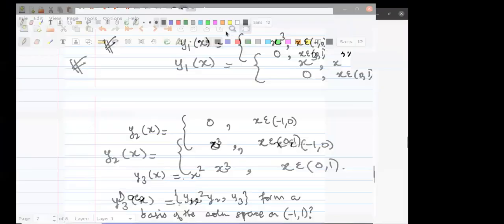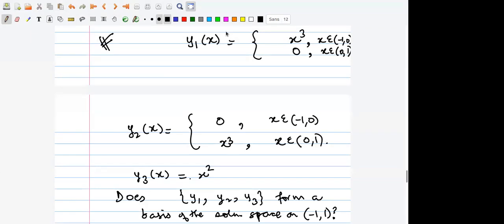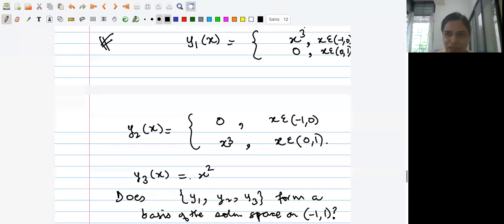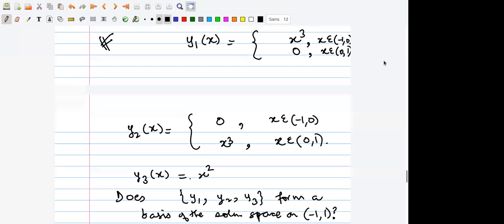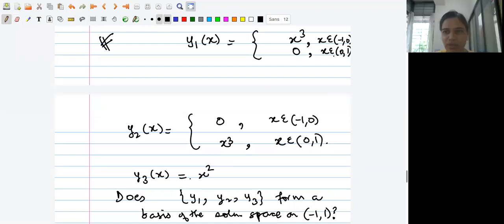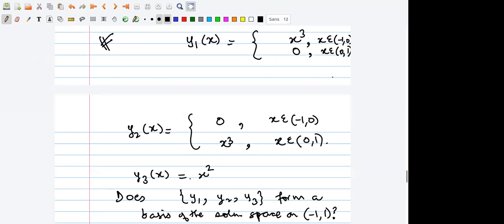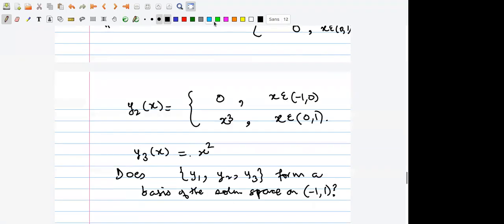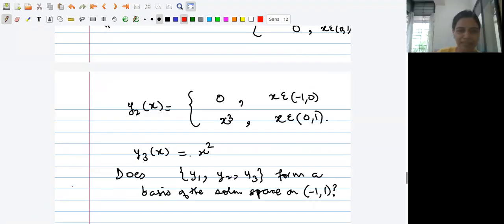Somebody wants to ask: I have a doubt, why is it okay that the y1 and y2 are not defined at x equal to 0? No, you define it. You put a closed dot wherever you want to, at any of these places. You put a closed dot here or here, it doesn't make a difference. Okay. If somebody wants to say something, there's a chance.